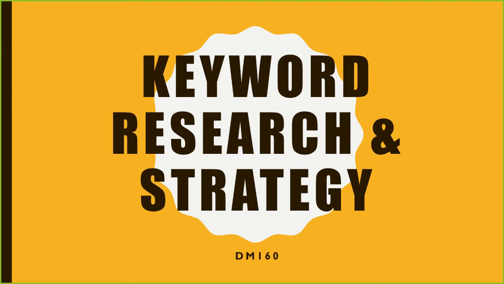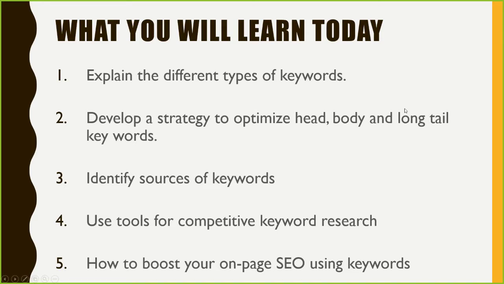But in today's lesson, we're going to be looking at the different types of keywords that we can operate with. You can see here that we have a few keywords called head, body, and long tail keywords. We're going to look at the differences between them and how to optimize them. We're also going to identify sources of keywords. And then the cool thing that we can try to do here is use some new tools for competitive keyword